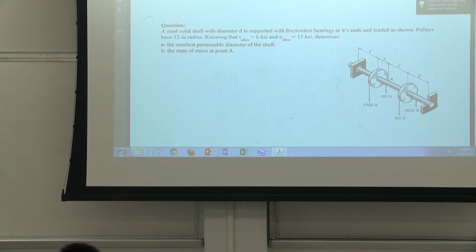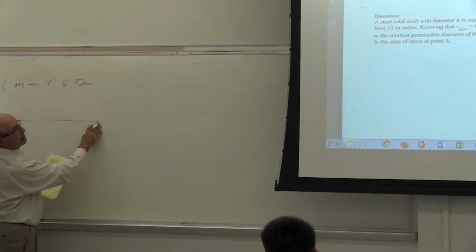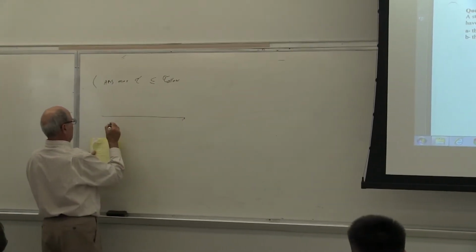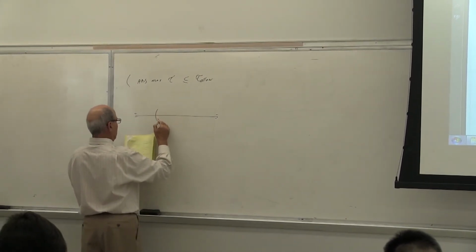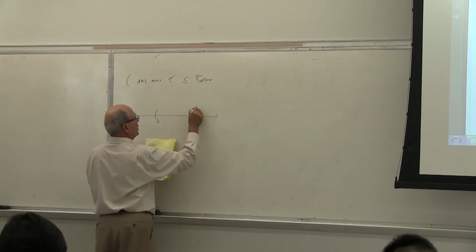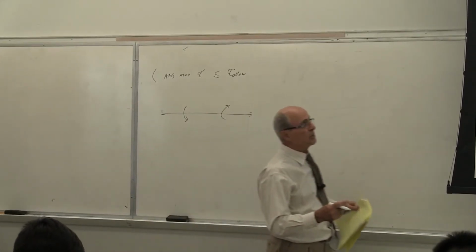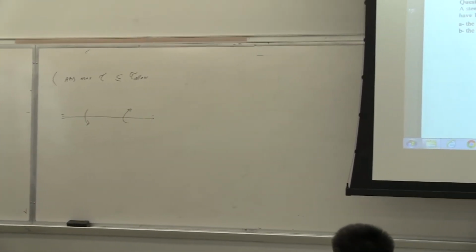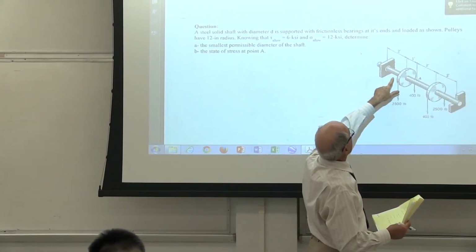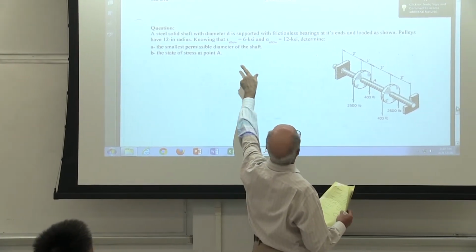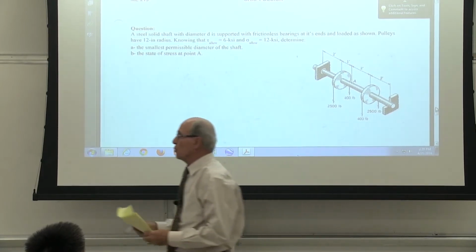So you have here a shaft that has a bearing at this point and at that point. And then there is a torque here going this way, and a torque going that way. Yes or no? I put the numbers down because this is so simple for you guys. Here, the torque is 24,500 times, what's the diameter of this pulley? The radius of the pulley is 12 inches, so 25 times 12. Yes or no?